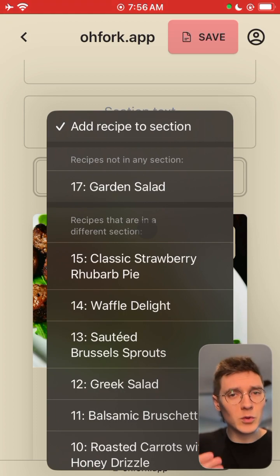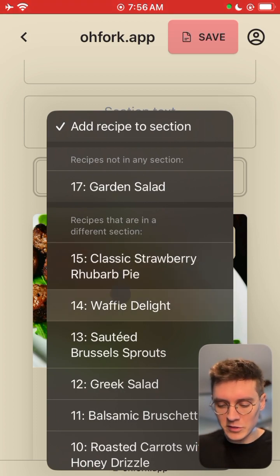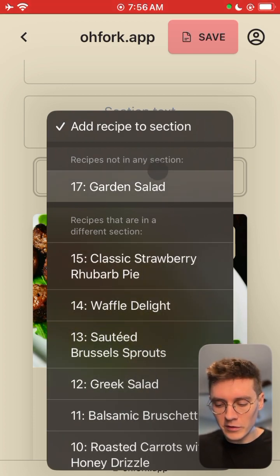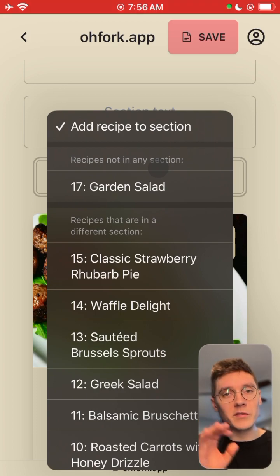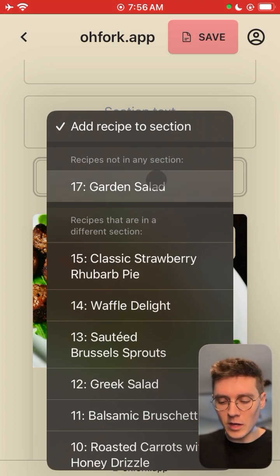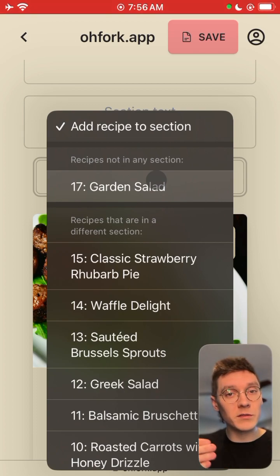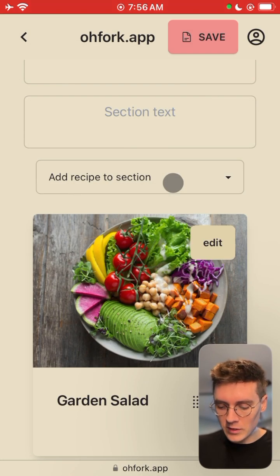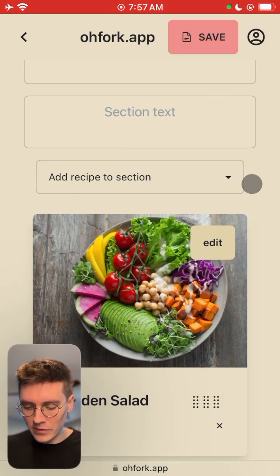If you'd like, you can add a recipe to multiple sections. And so that's showing on this second subsection here. This first subsection is showing recipes that are not in any section yet. And so this is helpful for knowing which recipes you've added that are not visible to your users. Now I'll click on garden salad, and we'll see here that the garden salad shows up at the top of